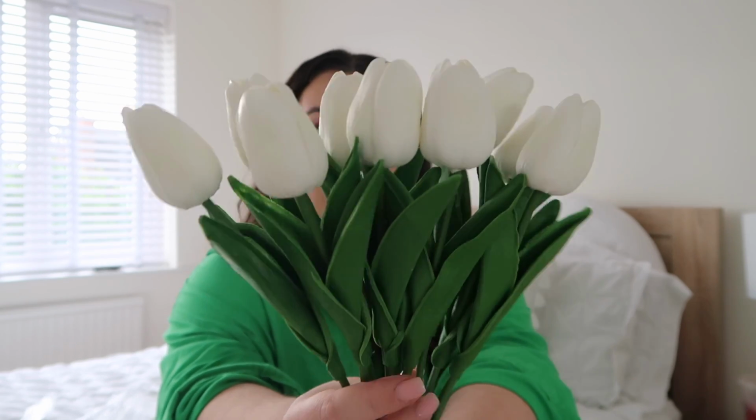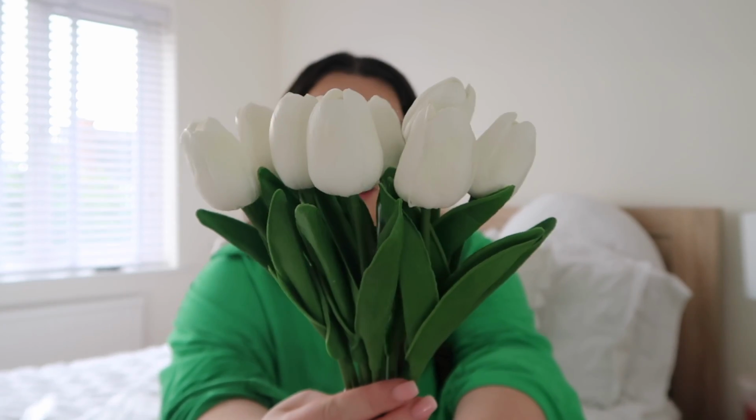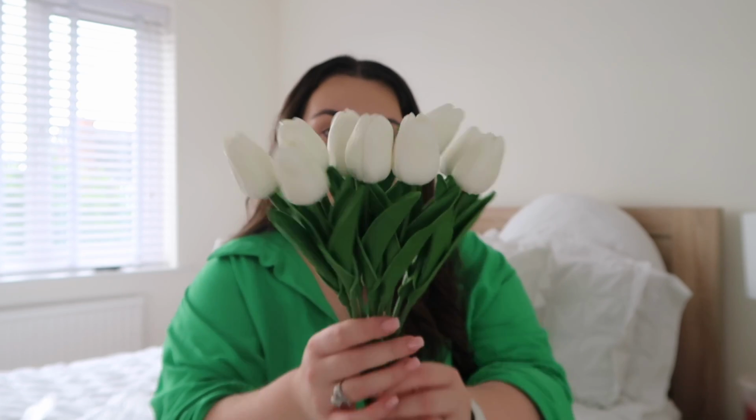Okay, then last but not least, this isn't a kitchen related item, but I needed to share because I know how many people buy these around spring, Easter time, and I just couldn't believe the price difference between now, which is the middle of June, to what they usually are in Easter. So it is these gorgeous faux tulips. They are absolutely stunning. I don't know if you can see how gorgeous they look on camera. I don't think it's doing them justice, but I just thought I'm gonna buy them now because they were